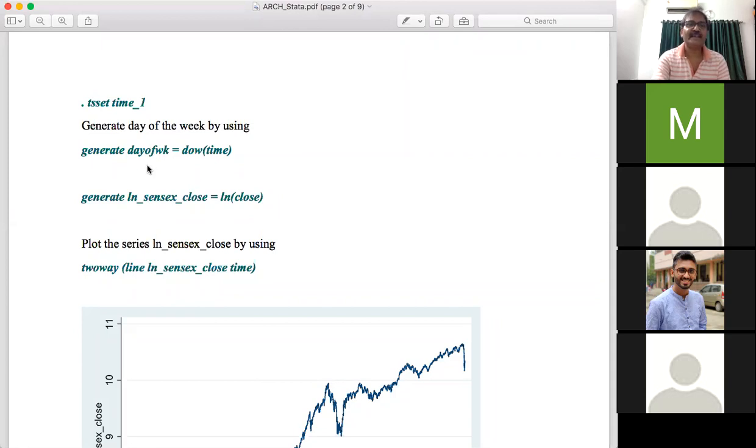So by generating this variable, we can locate another piece of information. That is, if you go through the variable time, time provides you the date. Okay, but day, in analyzing the stock market, day is also important, because you know Monday is the opening day in a week.